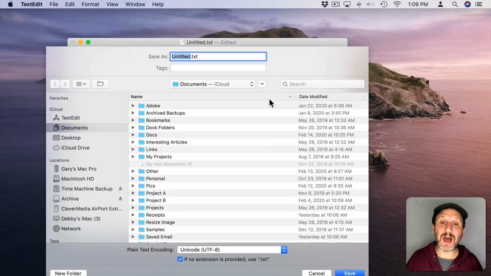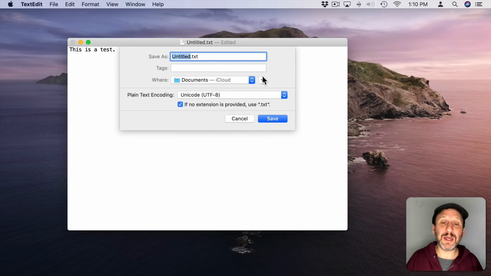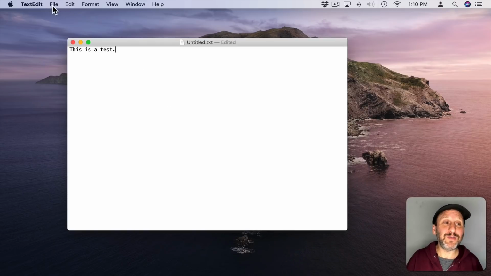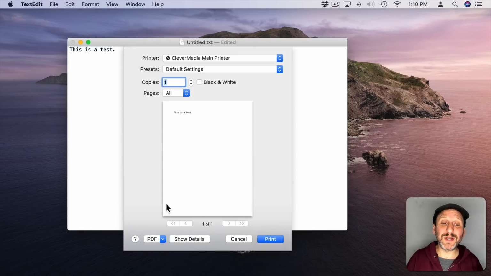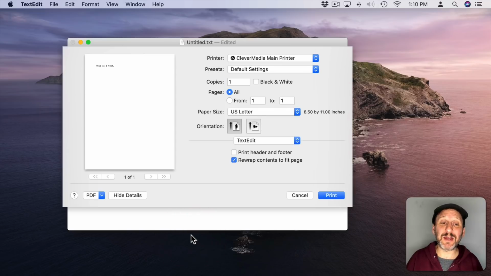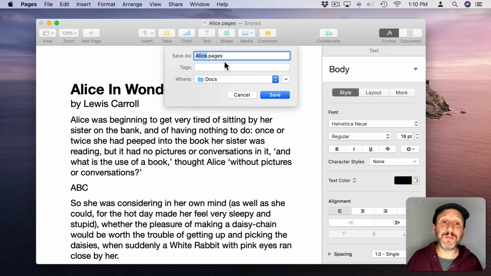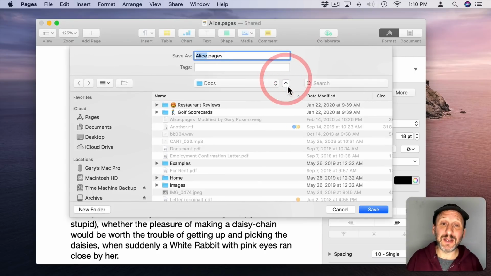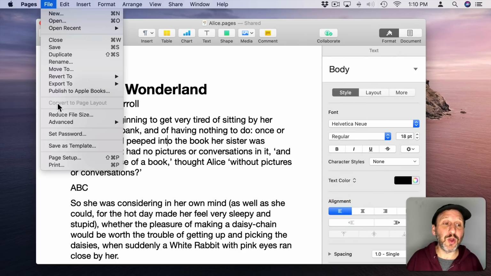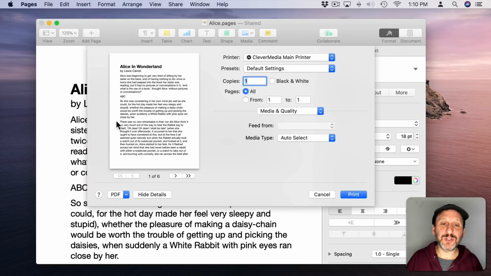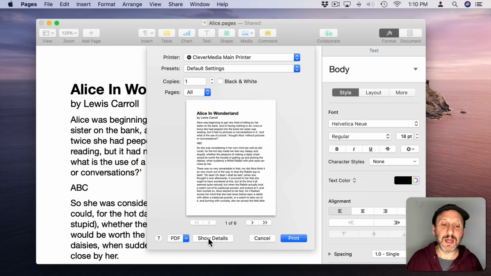Now it's not always a button that looks like this. A similar place where you find this is if you go to Print. If you go to Print, you may see a really simple print dialog here, but there's a Show Details button. So sometimes it's that little down arrow. Sometimes it's a Show Details, Hide Details button. It's the same here in Pages. This might be how you get the Save dialog at first, but you can click here to expand it. And when you go to Print, you also get a Show Details, Hide Details button that you could switch between.